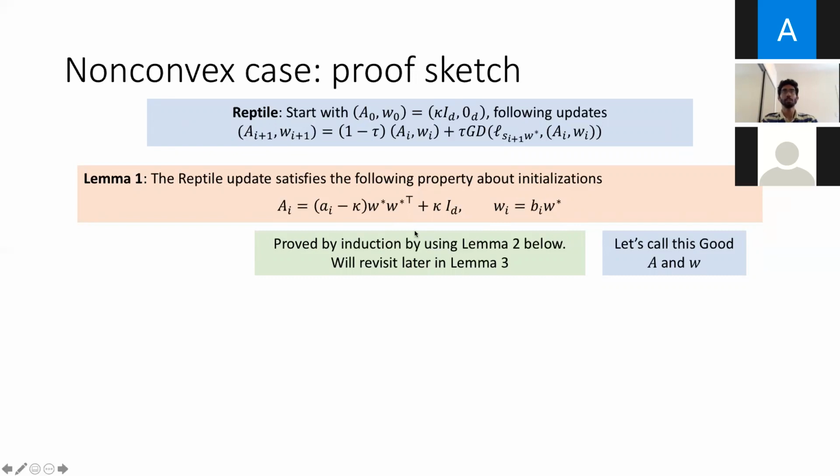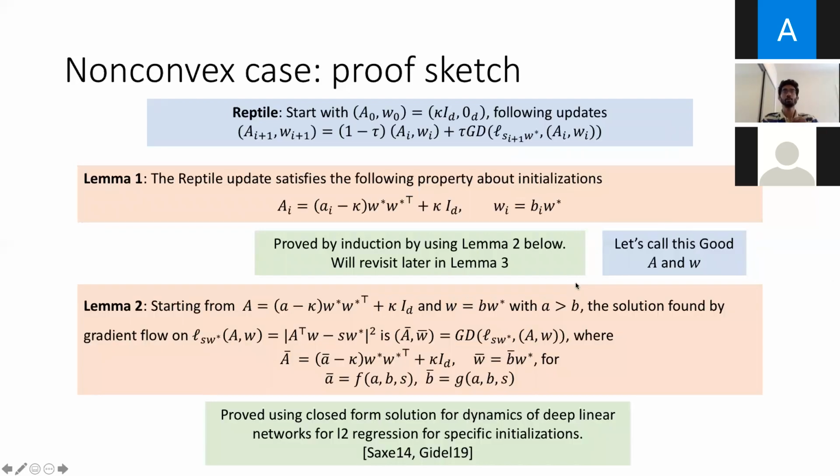And I'm going to call these first layer and second layer, these A and W, good A and W. I don't really have any meaning assigned to good here. I'm just calling them good A and W. And we're going to prove this by induction by using the following lemma, which essentially says